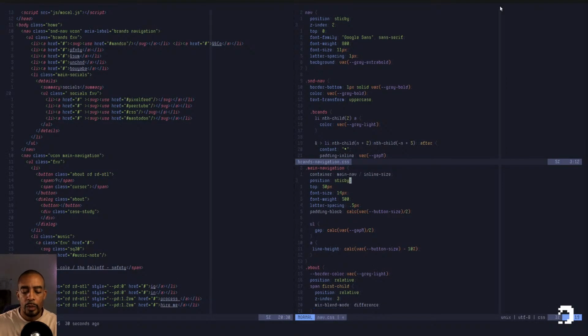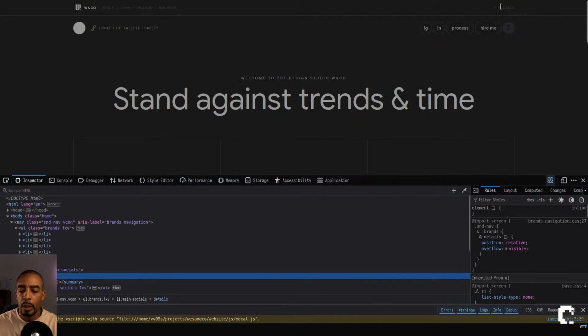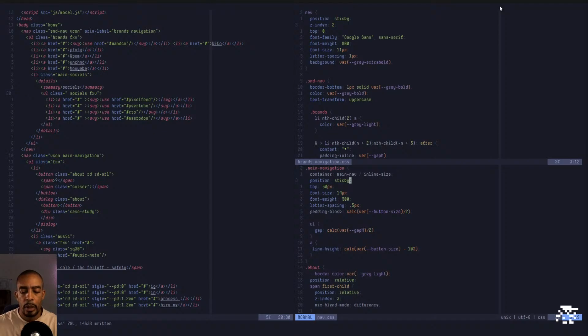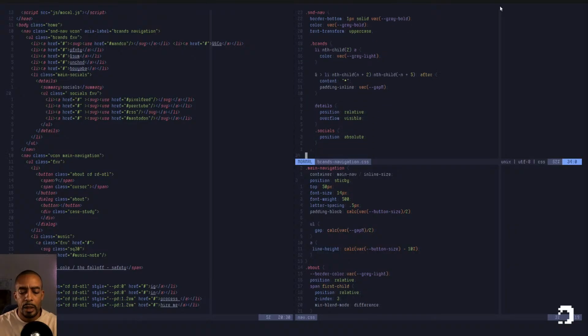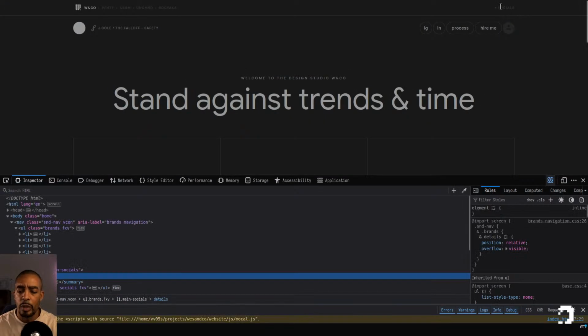Maybe I don't need to use that. And that either. It is the detail. The social, I have to put this z-index. I tried previously, it didn't work. It is not going to work